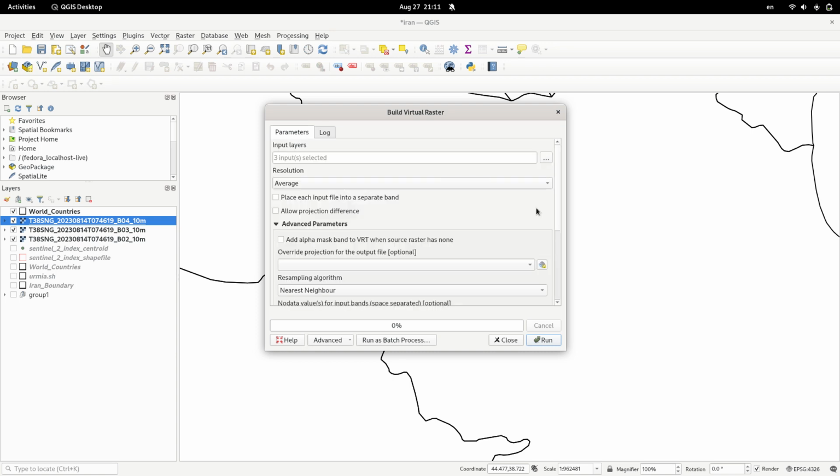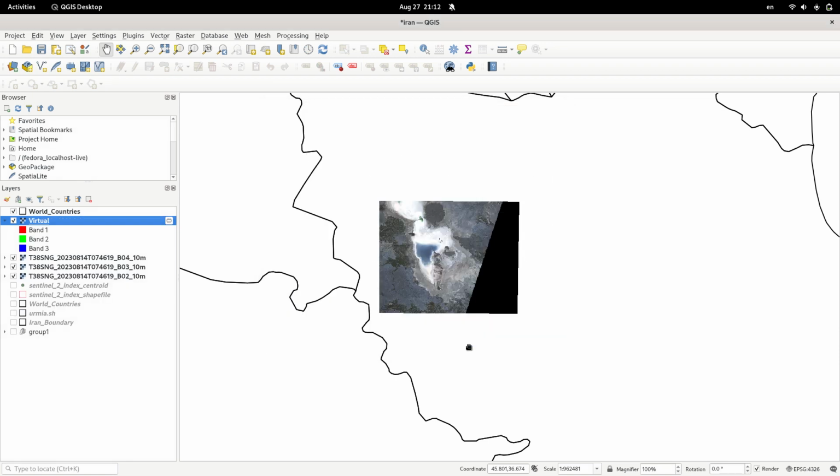I add them. Don't forget to click this option, which is related to placing each input file into a separate band. It's necessary to have an RGB image. After that, you can run it, and now you have your